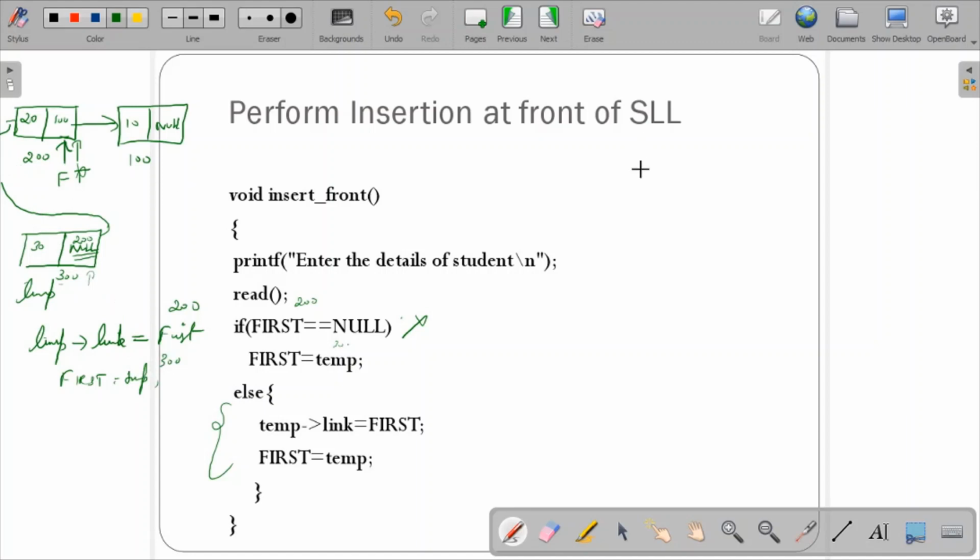So this structure will now be 30 and temp, this would have 200, and from this 200 again it is 100, and from this 100 it is 10 and null. So this would be 100, this would be 200, this would be 300, and this is now your first node.